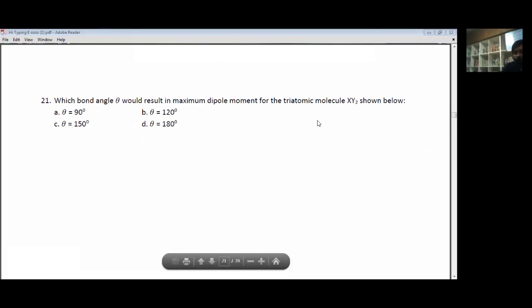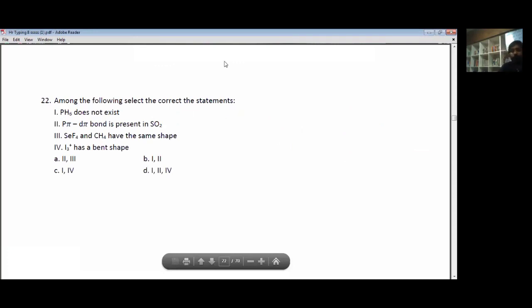So next question. Which of the following statements is correct? PH5 does not exist, that's correct. P pi-d pi bonds are present in SO2. SO2 actually,